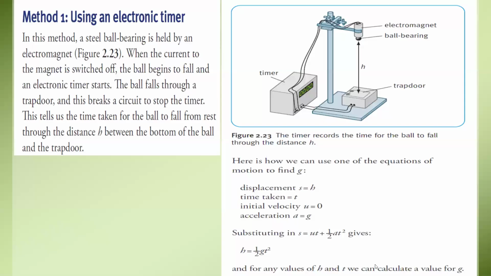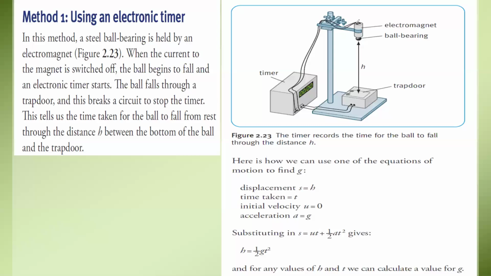Even in the structure questions, you may find that you have to find the acceleration due to gravity, or write a short experiment about how we can find the acceleration due to gravity. So we can use the equations of motion to find the acceleration due to gravity. Different equations of motion can be used depending on the parameters we are measuring for that specific